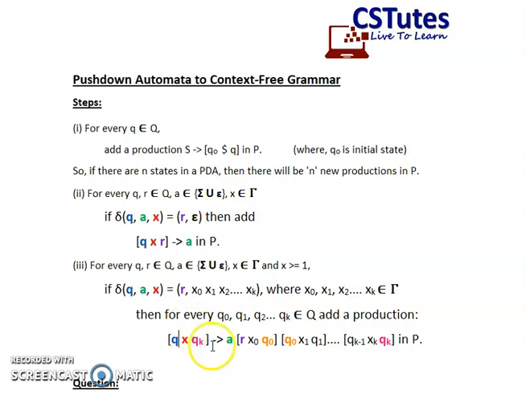Let's briefly discuss step number 3 once again. Suppose there is a push operation of this particular format. You are going to add a production rule of this particular format where the same color represents the same value. So for the same color, you can see the same value has to be put. And the value of the symbols in the stack has to be provided over here, and the state which is the ending of the first has to be the starting of the second, and so on.